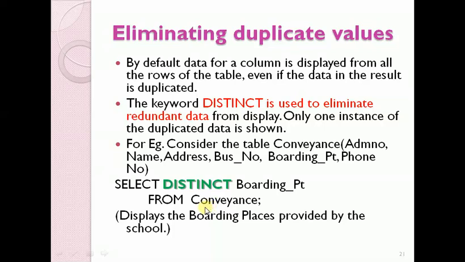If there are 2000 students, they may be coming from only 50 places, nearby places of the school. So it will be more useful than the first query, so that the conveyance in charge can easily find out from which places these students are coming. If you want to see only the unique values of a particular column, you can use this distinct keyword.